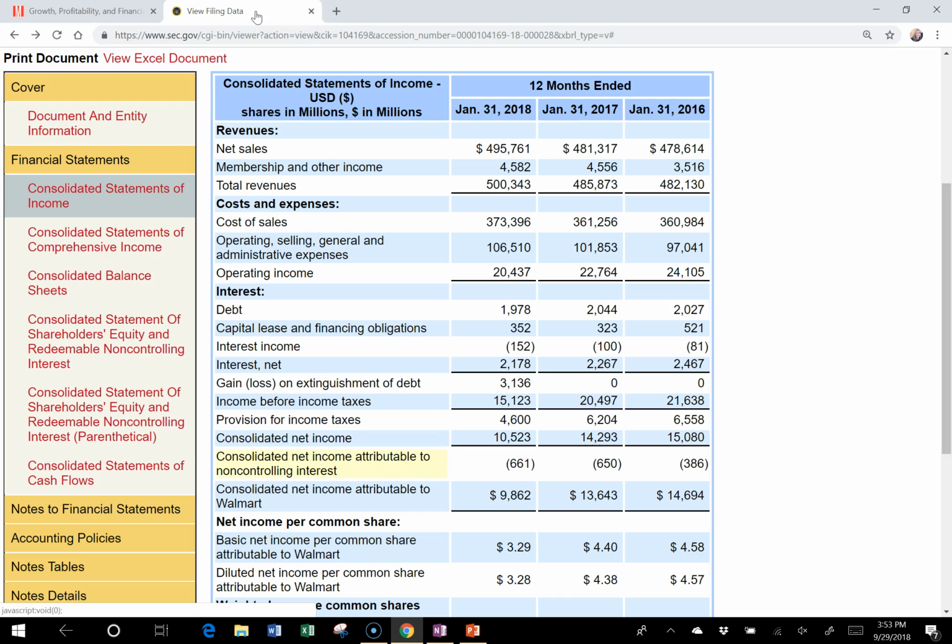Now, we can make arguments that we should take the consolidated net income or that we could take the income just attributable to Walmart. I tend to prefer taking the consolidated income, including the non-controlling interest, because in this case we're comparing our net income to our average assets. The average assets number that we see includes all of the subsidiaries, so we might as well use the income that also includes the entire subsidiary. So this is 10,523,